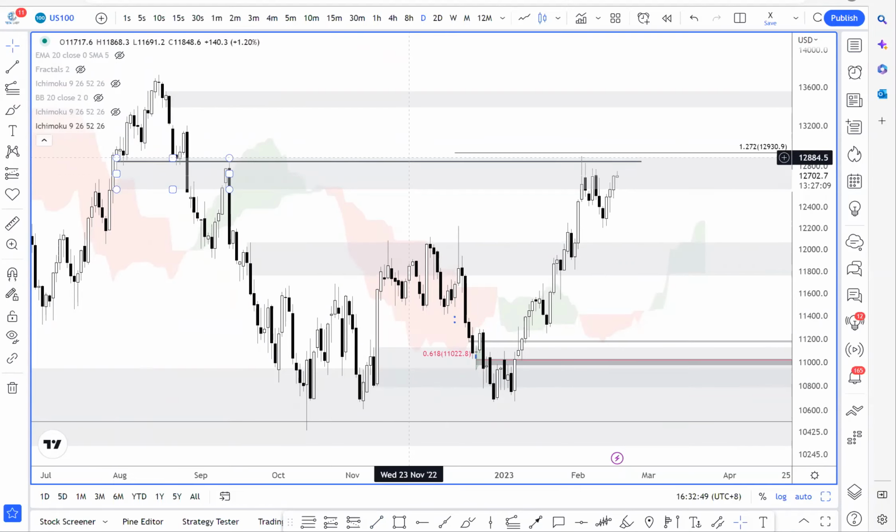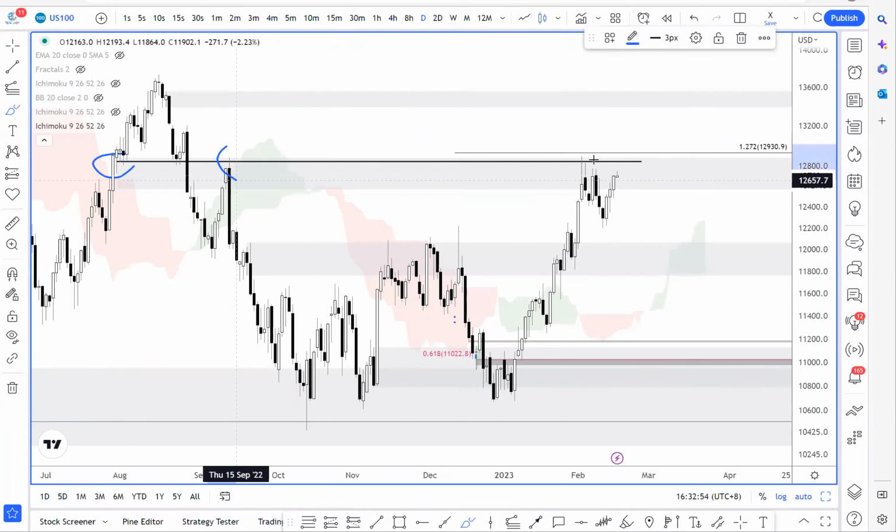You can see this zone, right? Price came in to test it as a support twice, and then again as a resistance. So when price comes into this area itself, we saw the pullback once over here. So this is on the daily. If you take a look at the 4 hours,